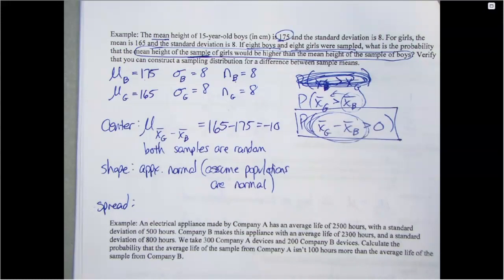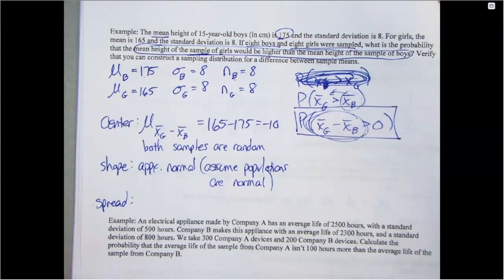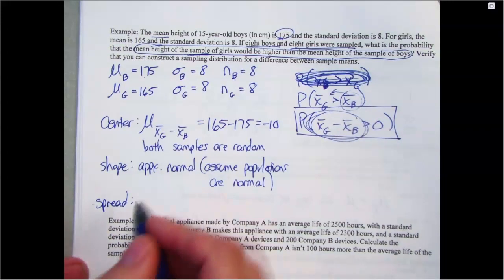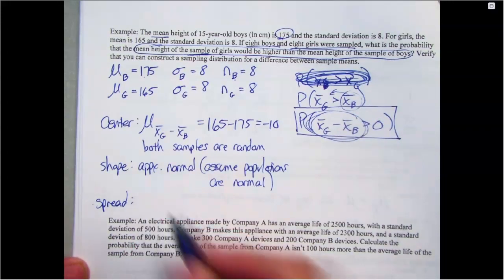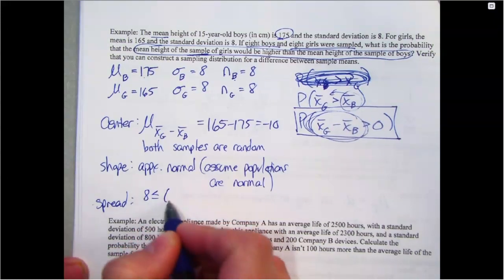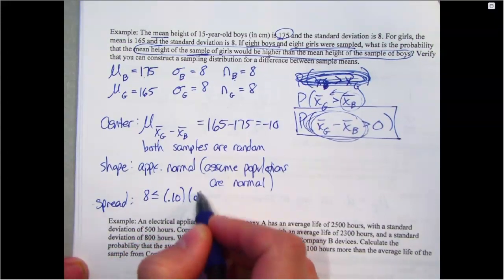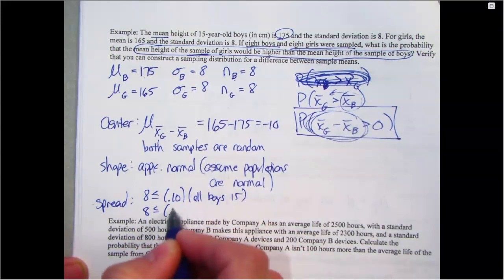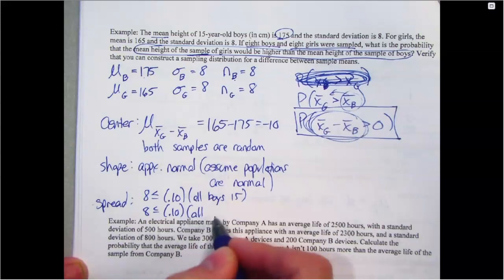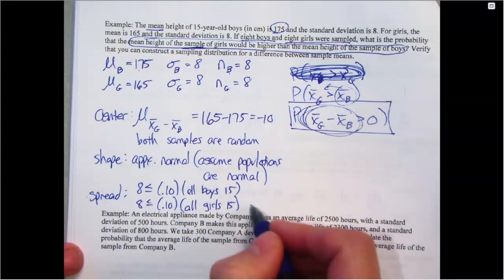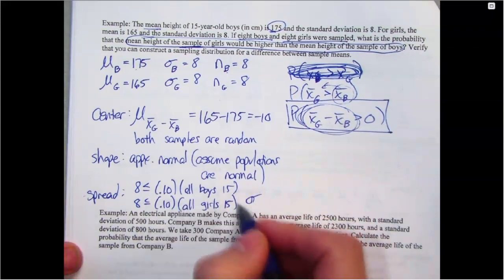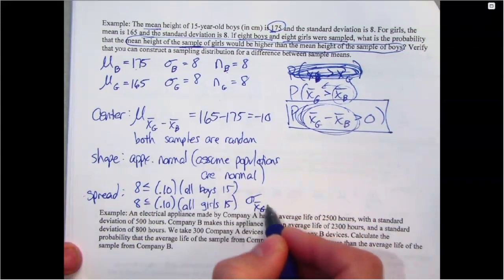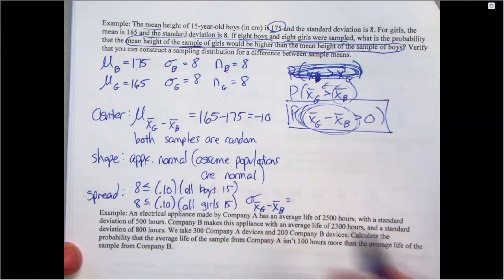And then the spread, I need to check that I have at least, I have less than 10% of the population. So is 8 less than 10% of all boys? 15, yes. Is 8 less than or equal to 10% of all girls that are 15? Yes. So because of that, I can say the standard deviation of x bar girls minus x bar boys